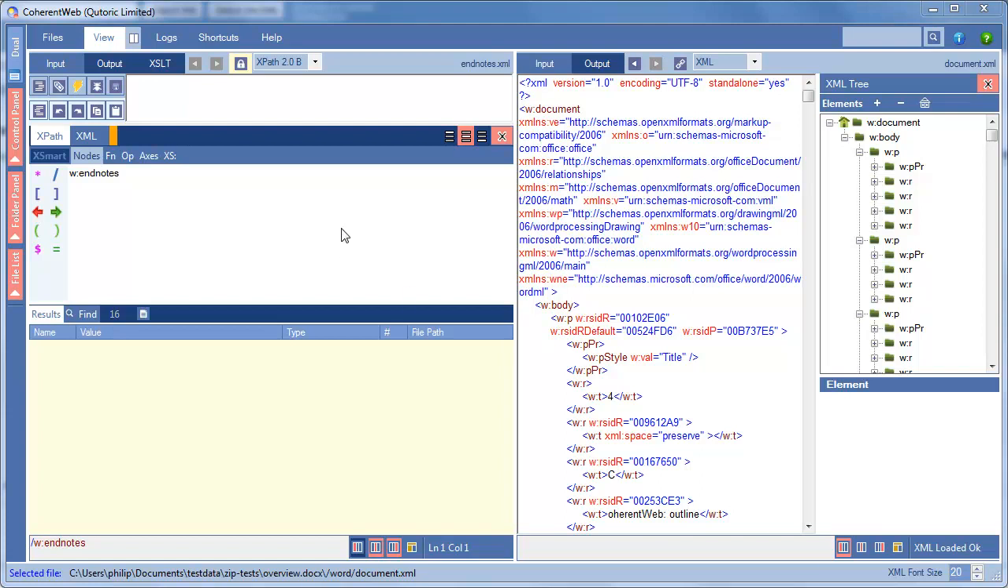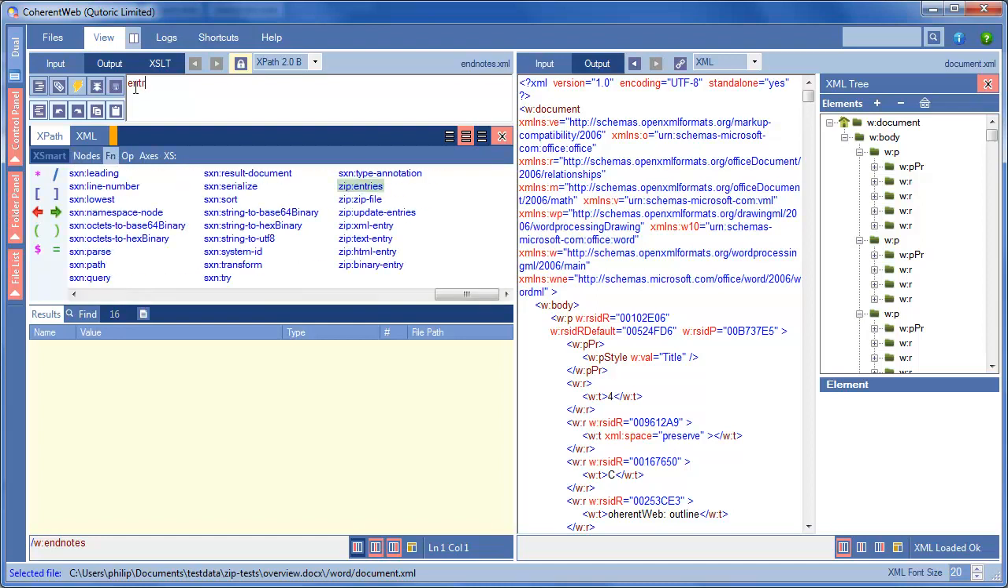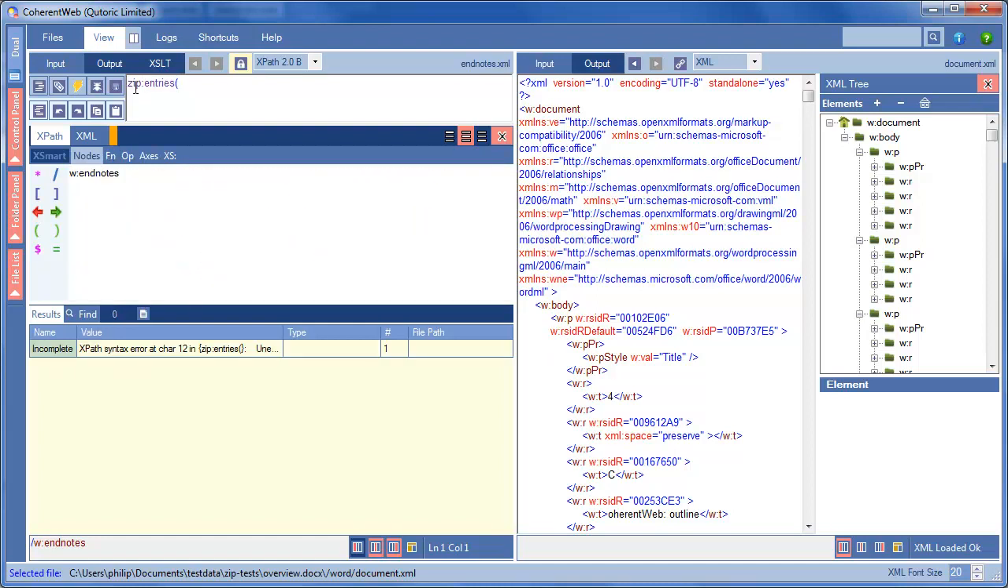This is a short demo of the EXPath Zip module, and specifically I'm going to be using the entries function, and I'm actually going to be working inside an EXPath editor, but normally you'd be working in a hosting language like XSLT or XQuery. So if I type in this entries function that is in the zip module namespace, hence